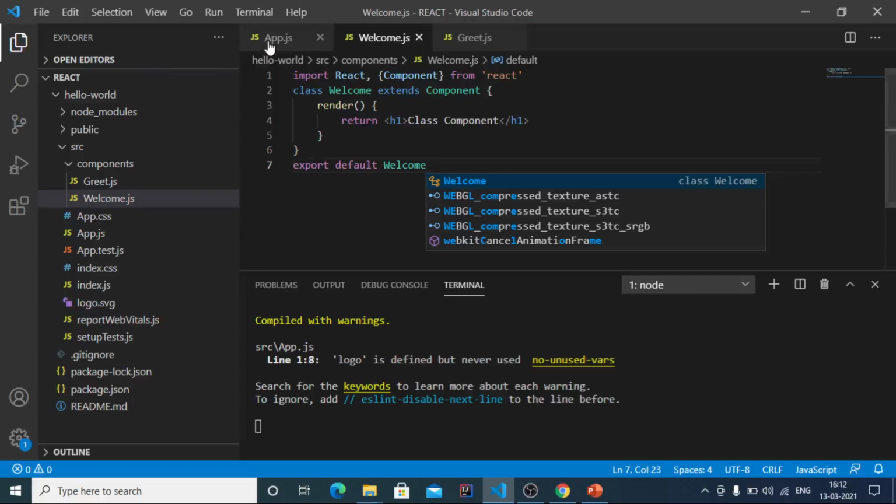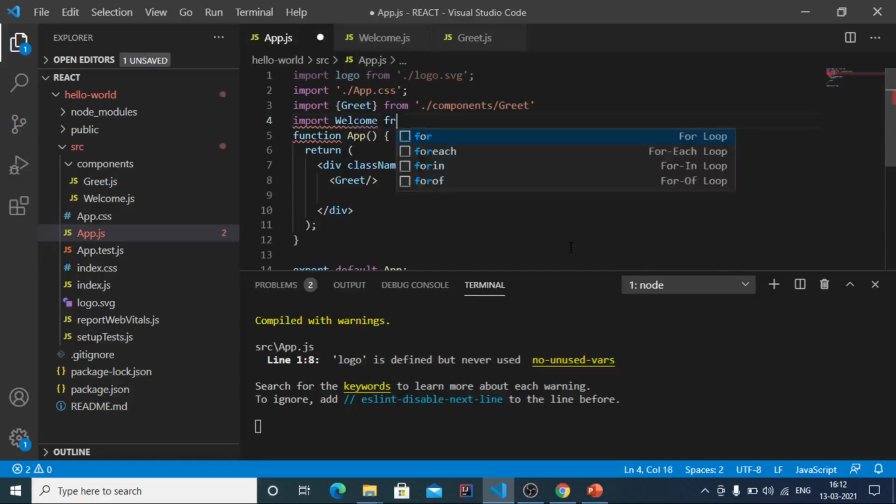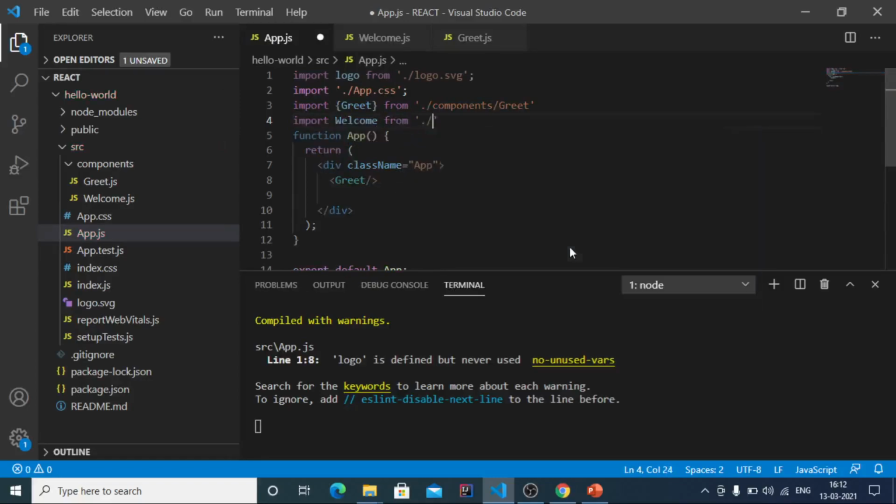Similarly, we have to import the Welcome class into the app.js file using the import keyword. So import Welcome from the components folder and the Welcome class. Again, we can omit the .js extension.